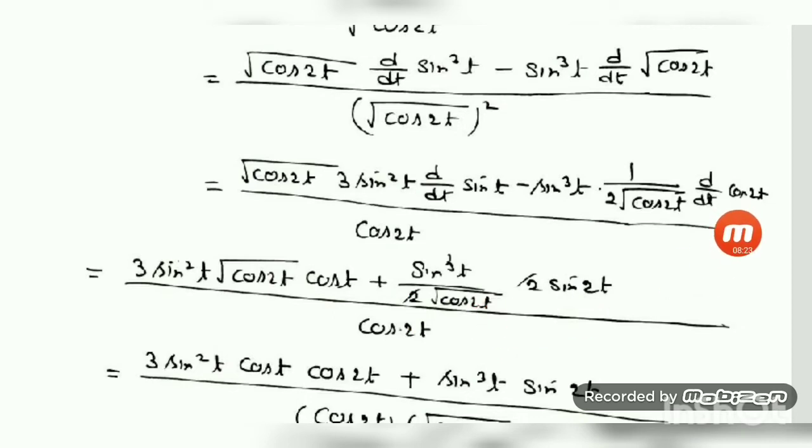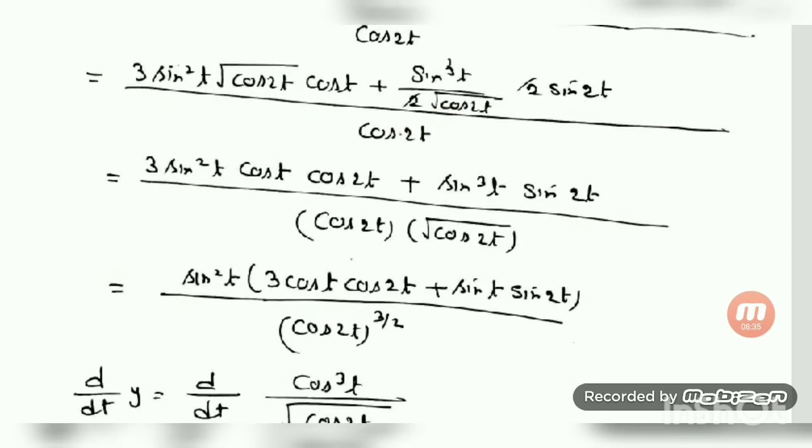Let us take the derivative. The derivative of cos is minus sin, so minus minus becomes plus. 2 is there and sin of 2t. The 2 is cancelled out. Now after this I am just taking the LCM of the numerator. The LCM of the numerator is under root cos of 2t, which I have written here in the denominator. Then this expression we have to multiply by under root cos of 2t. It becomes 3 sin cube t cos t into under root cos of 2t, and under root cos of 2t into under root cos of 2t will become cos of 2t. And here this is sin cube t plus sin of 2t.